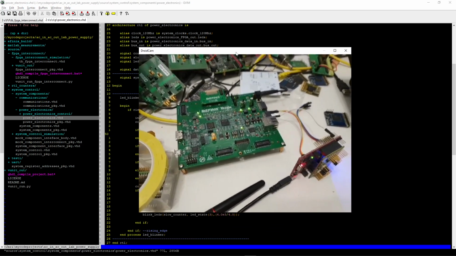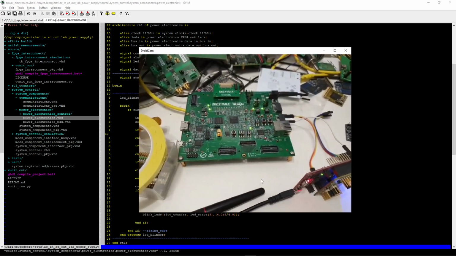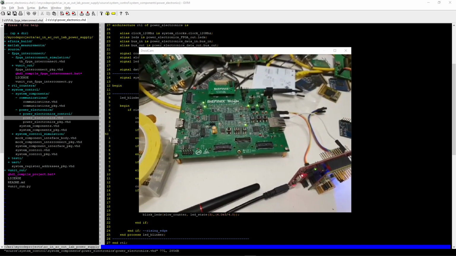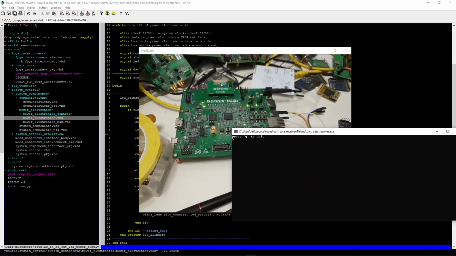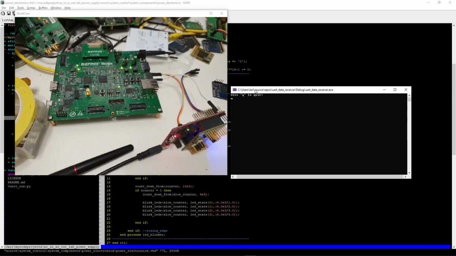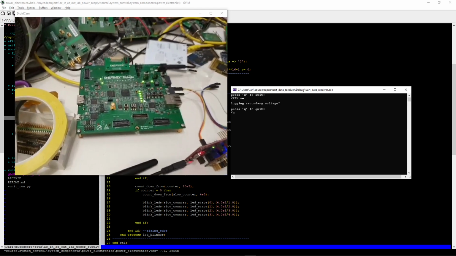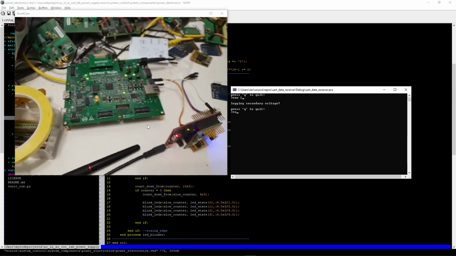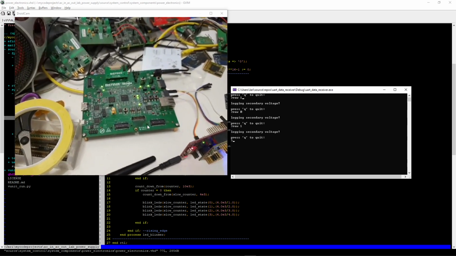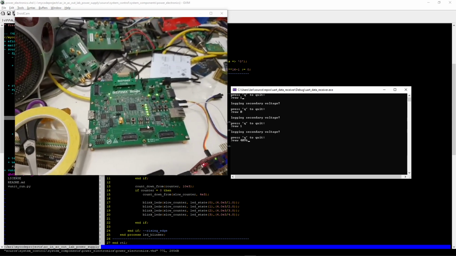So here is the Efinix Trion evaluation kit that I'm using, and if I just launch the UART, so this is my UART application here, and if we write a number 1 through the UART, we can see that the LEDs start blinking, and then if we write 0, the LEDs stop, and then if we read the 4096